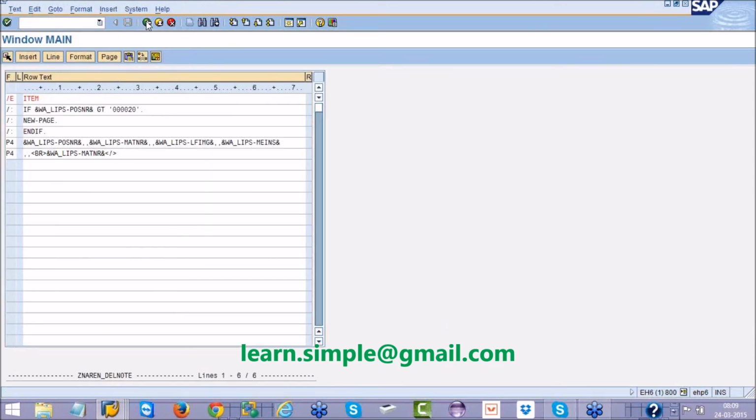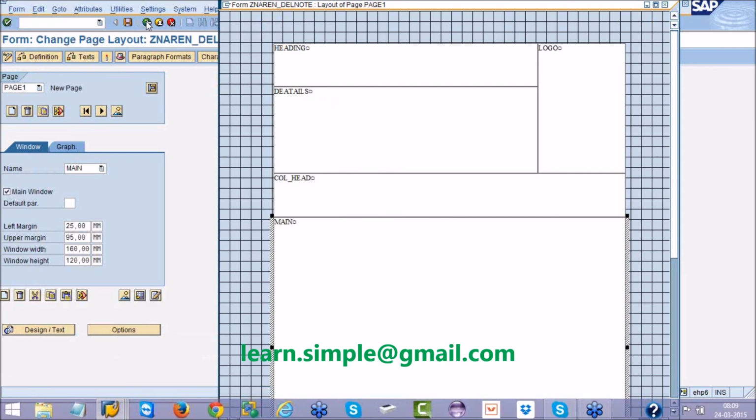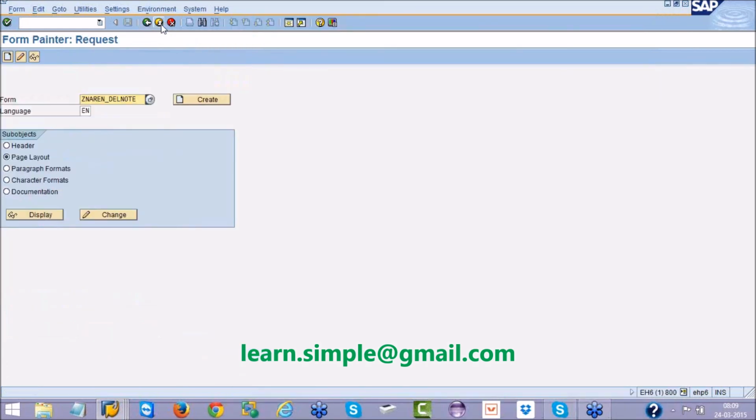There are some other conditions or other command prompts. Maybe I will send you some documents. You can refer to what are all the other various commands that can be used. Fine. So these are a couple of important points you need to remember when you are handling the scripts.